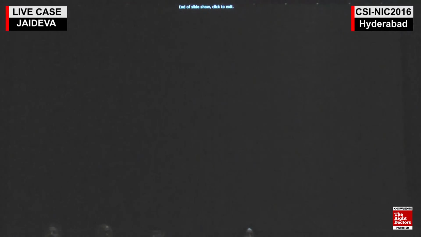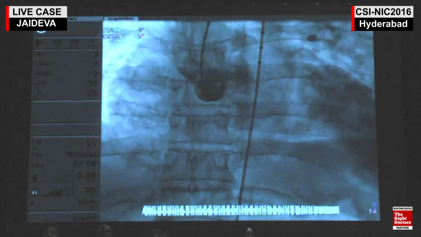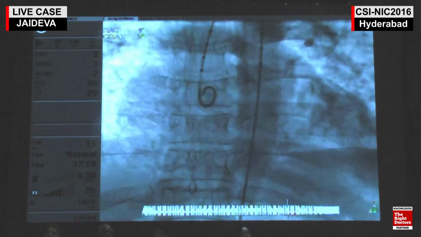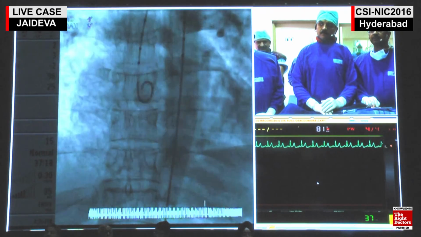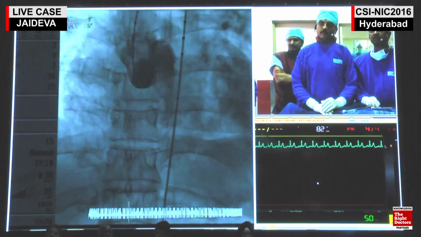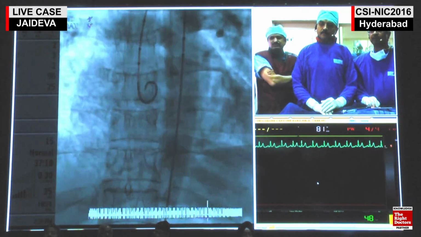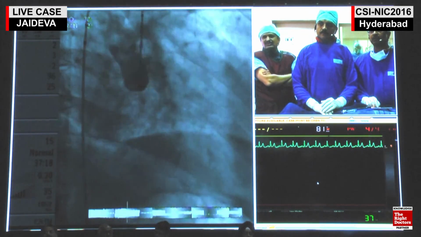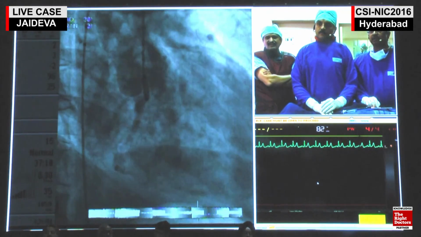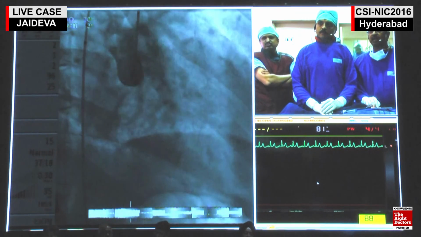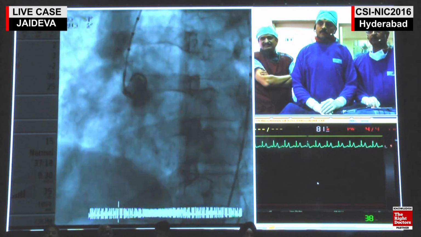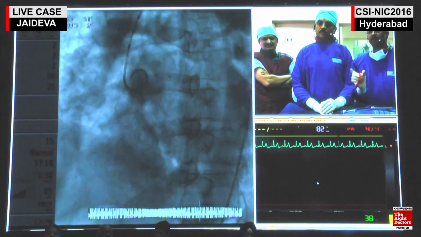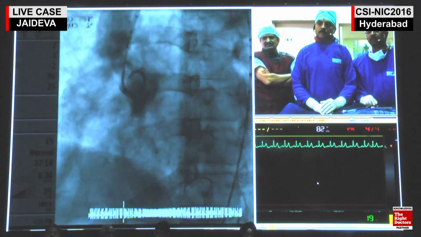Next. Yeah, we did the angiogram. This is the AP projection. You could see the opacification of the PA. It's a fairly large RSOV into the RV inflow. Next. You could see the wind sac opening into the RVOT. Next. This is the LAO view. We take 2 to 3 projections to see how it looks in various projections.